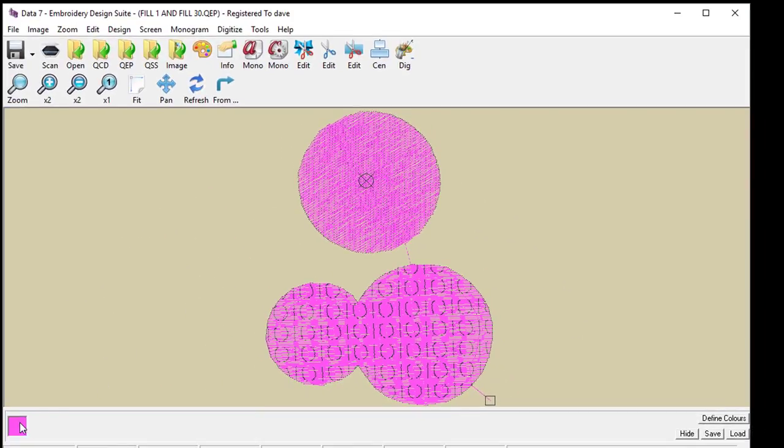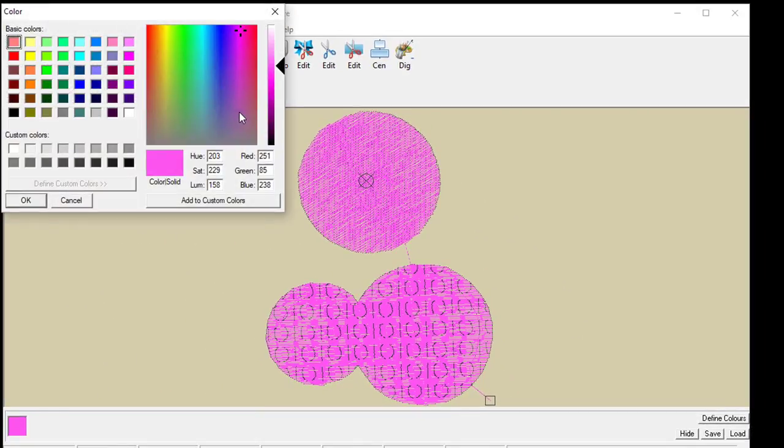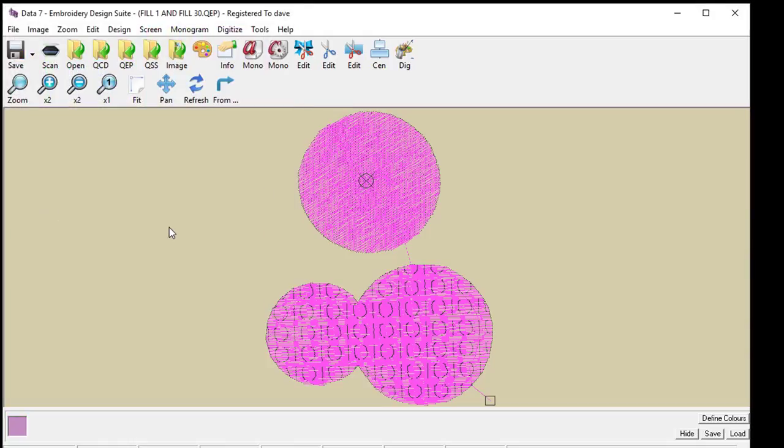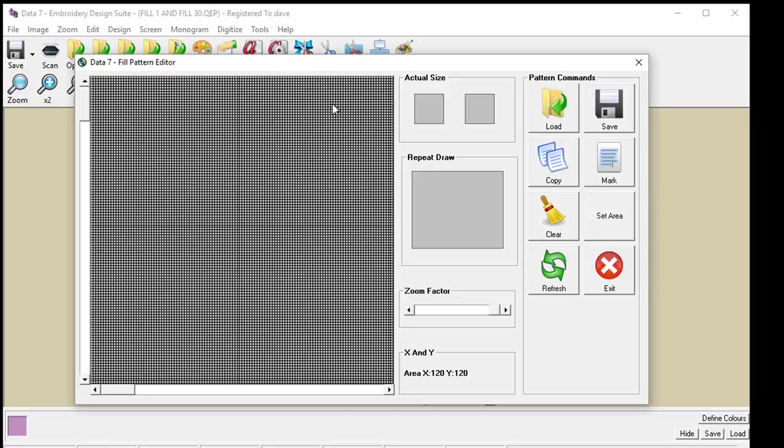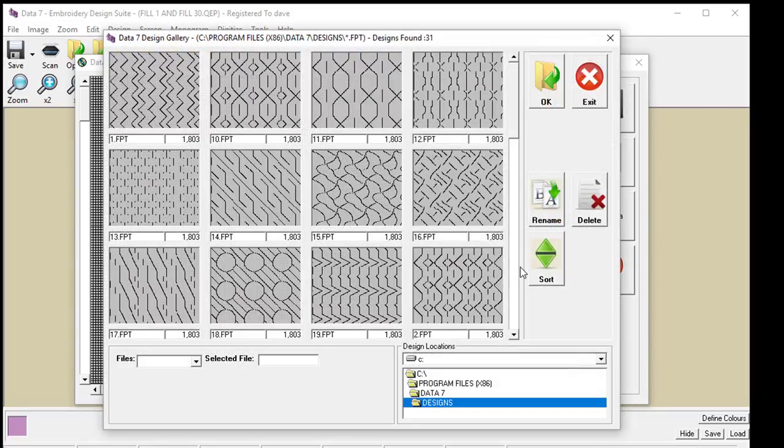I'll just change the colour, make it a little bit lighter, so you can see how that pattern fill looks. So that's how easy it is to create a brand new pattern fill. You can experiment, test the sew out of that, see what it looks like, and change and customize as you wish. What I'm going to do next is I'm going to load an existing pattern fill,